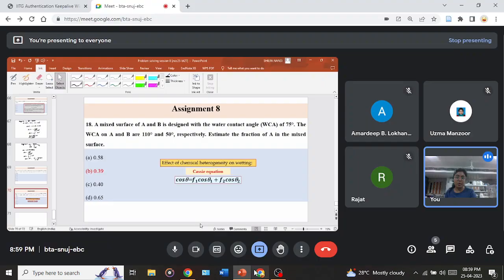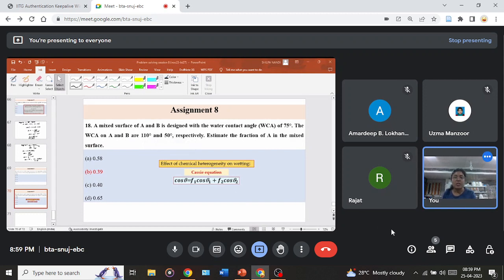So the answer would be option B. You have to solve this question on the basis of the Cassie equation, which is cos theta is equal to f1 cos theta 1 plus f2 cos theta 2. So f1 is your fraction of compound 1 and theta 1 is the contact angle of surface 1, whereas f2 is the fraction of surface 2 and theta 2 is the contact angle of